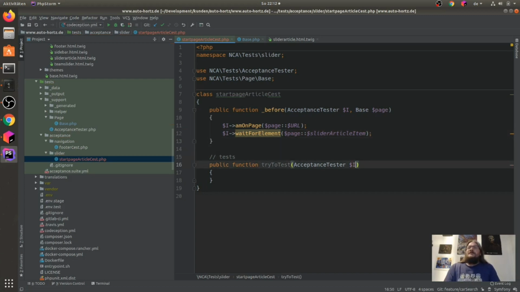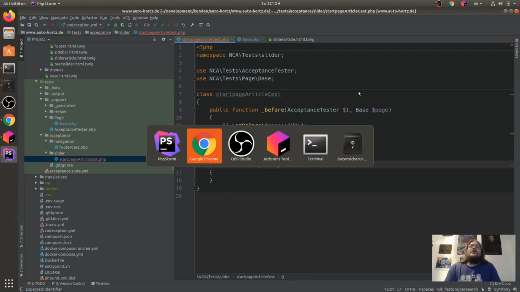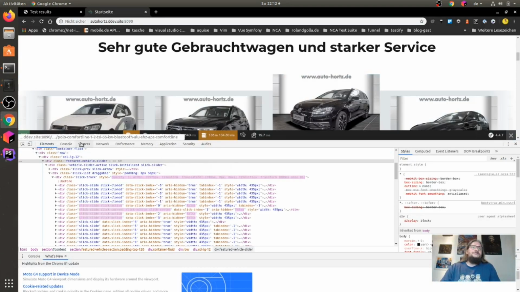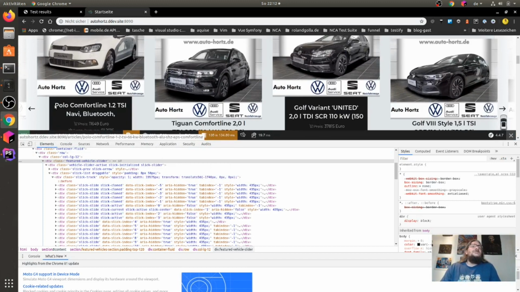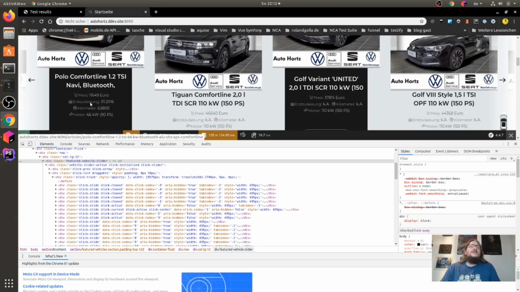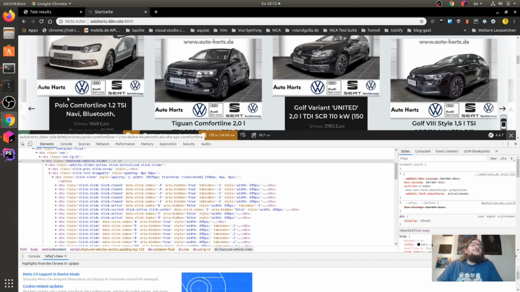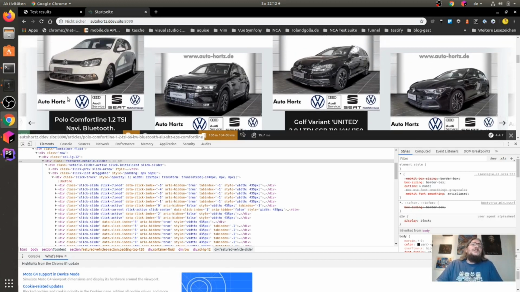Okay, the next thing is that I want to test here something on our item. So every item has an image, title and price. When the car was the first time on the roads, how many kilometers it has, and the power of the motor. For now I just want to check here all elements